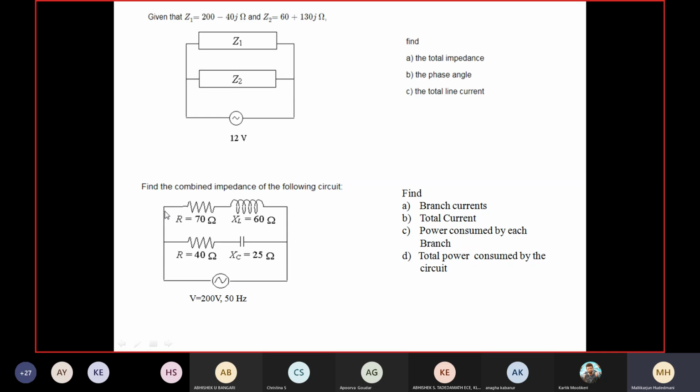Otherwise, if you know the current flowing through this and the voltage across this, you know it. What is the voltage across the branch? 200. Both of them are put in parallel. Voltage across the branch is 200. For the current flowing through it, when you take the polar representation, the magnitude will be there. V, I, and the angle of that I1, cos of that. That becomes VI cos phi. This is the concept for power consumption. Still you can do that. So you can use the VI cos phi concept.